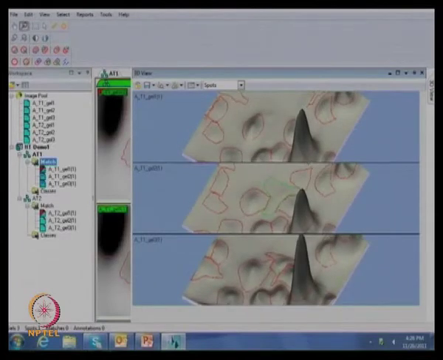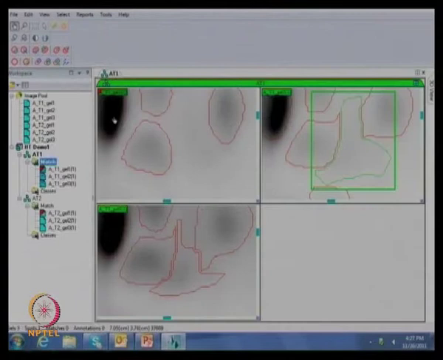So now this is the intense spot, the intense spots which we are visualizing. The boundaries are marked from the 75% from the top. Now let's say we can zoom out and go back to the whole gel.